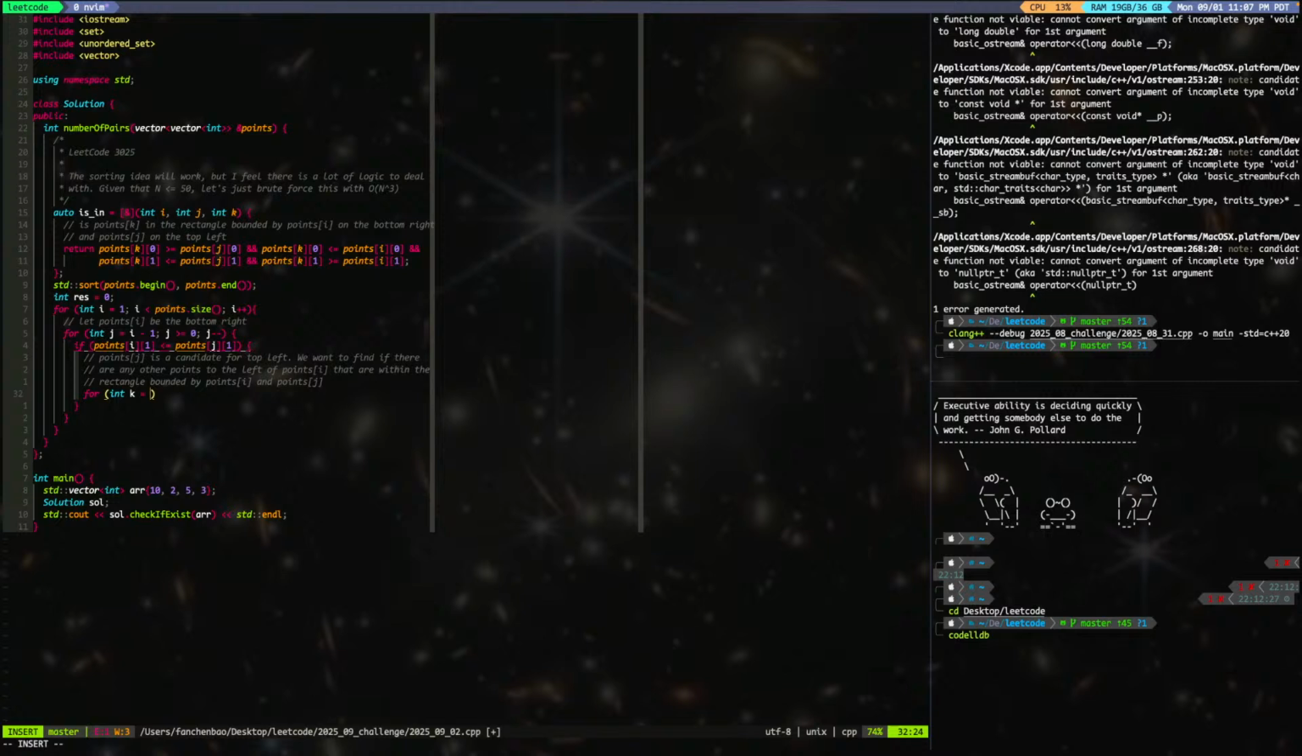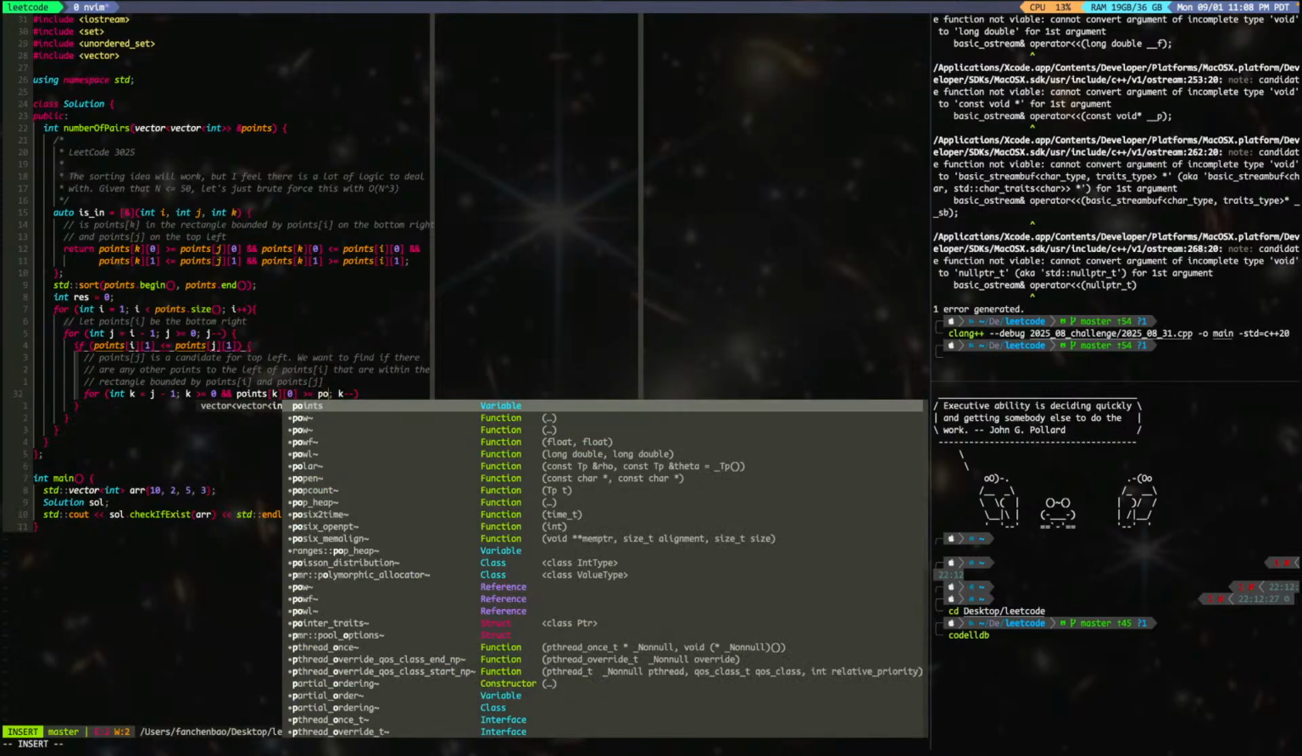So it won't be bigger than j, right? Because it's sorted. So those will be bigger. So it's going to be just smaller than j. So j minus 1. K larger equal to 0. K minus minus. K larger equals 0 and points k, its x has to be larger or equal to points